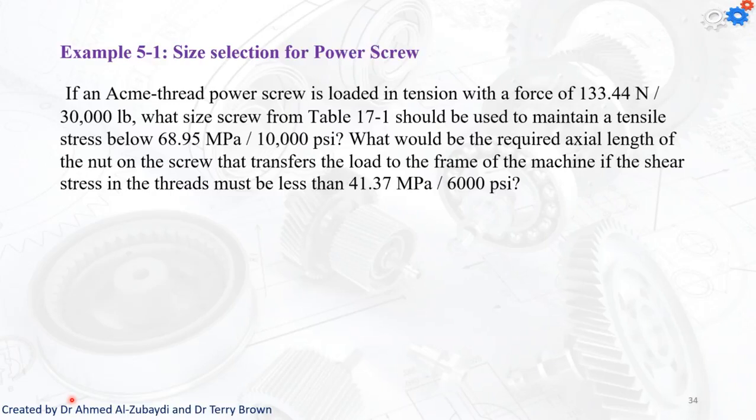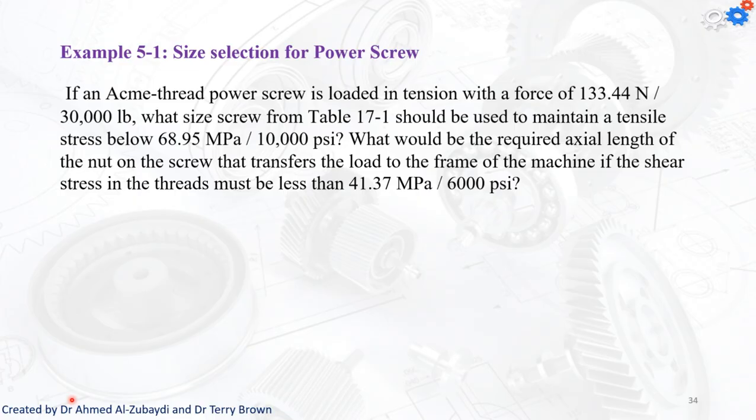Okay, so let's have a new question, and this will be the first example we have in the tutorial today, which is going to be about the Acme thread power screw that is loaded in tension with a force of 133.44 Newton, or what equals 30,000 pounds. What size of the screw from table 71 should be used to maintain the tensile stress below 68.95 megapascal